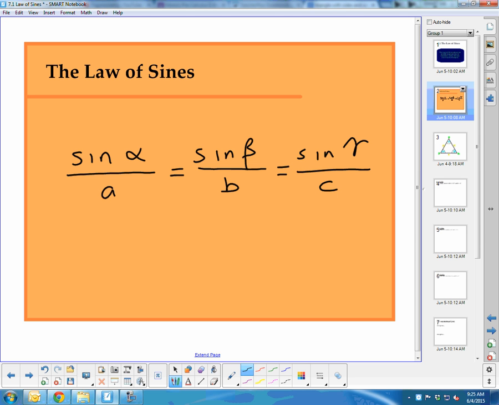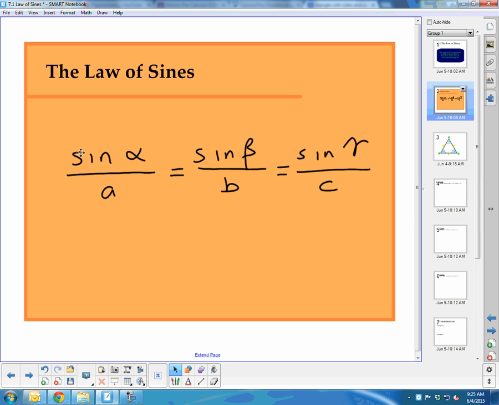Now, typically, when we use the law of sines, we will not be using all three parts, but we would choose 2 out of the 3 ratios to create a proportion, remembering a proportion is 2 equal ratios or 2 equal fractions. And then we use our algebra skills and the information given in the problem to solve the proportion and therefore solve the triangle completely,